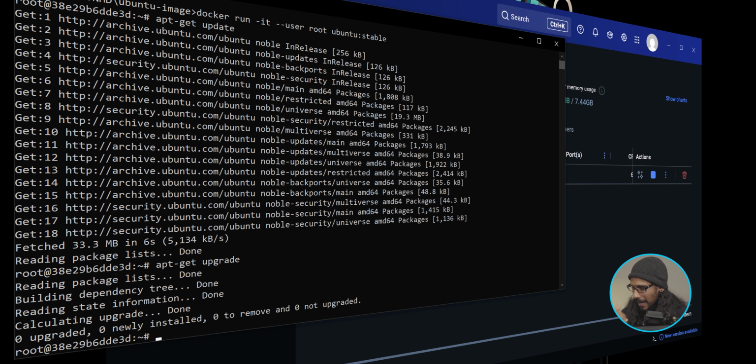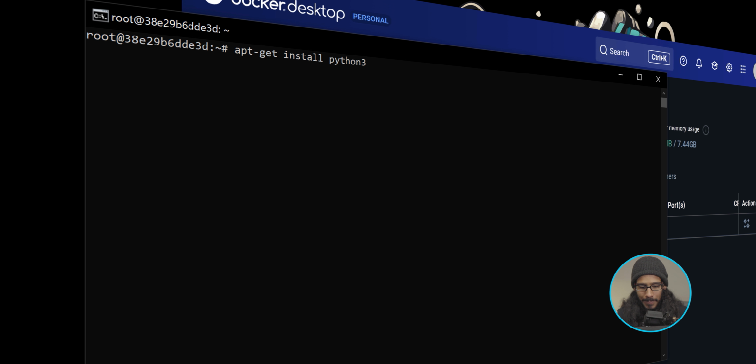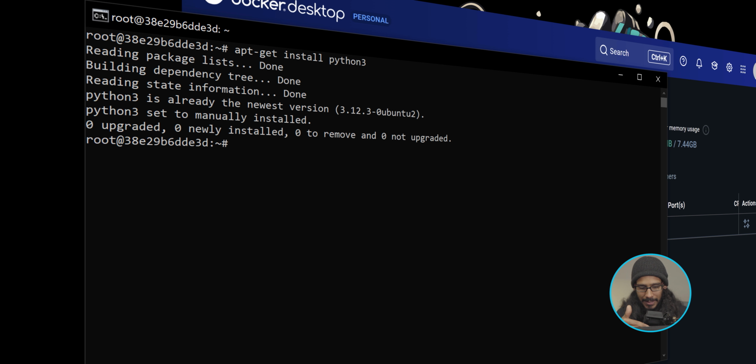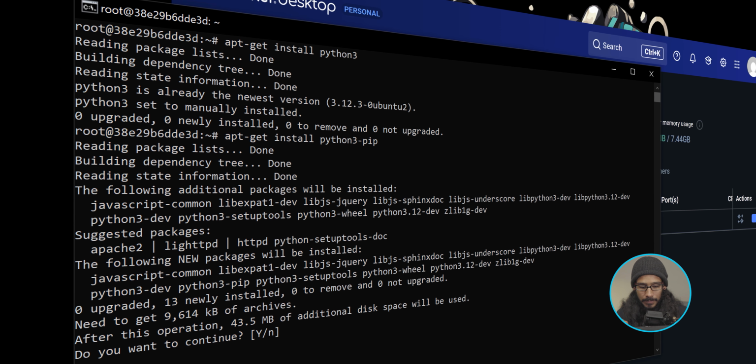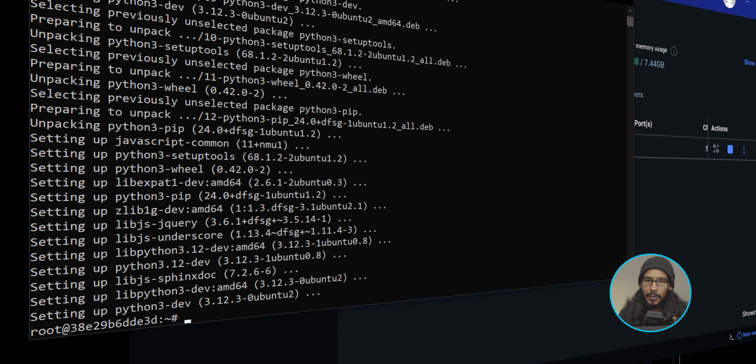Great. Now, the next command that I did was Python 3. So I did an apt-get install python3. I just want to make sure it is up and running. It's already installed, so it didn't need to do anything. Now, the next command was python3-pip. When I hit enter, this needed to be installed. I clicked Y on the keyboard and hit enter, and it started pulling everything and installing everything within that container,